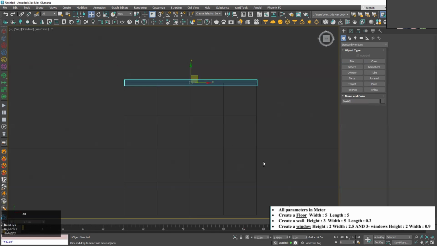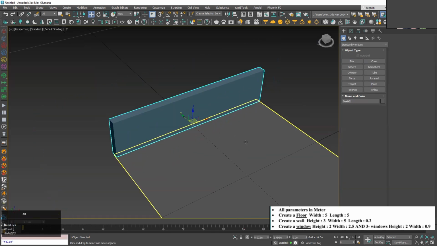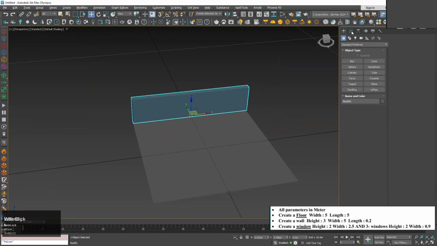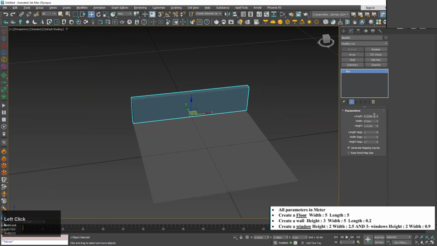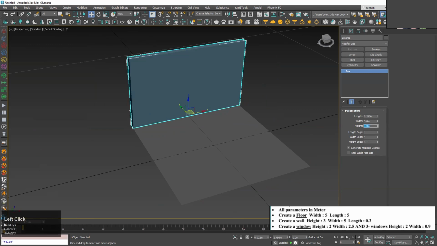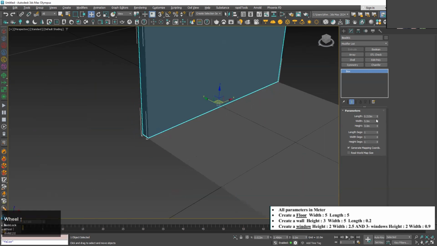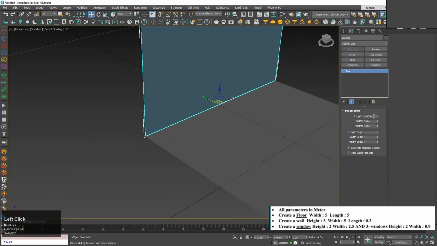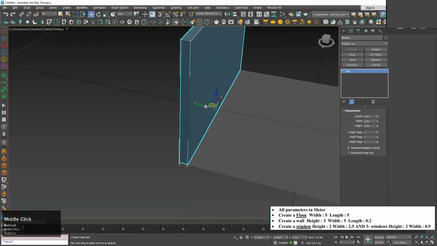any length, height and width. And obviously we can go into the modify tab and dial in our own dimensions. So the width is going to be 5 meters, the height parameter is going to be 3 meters, and the length is going to be 0.2 meters. So this is our